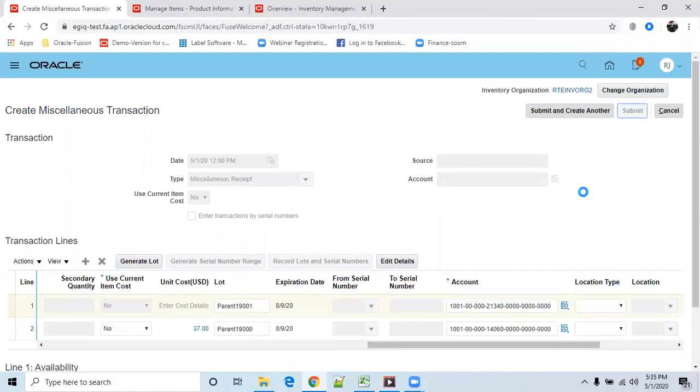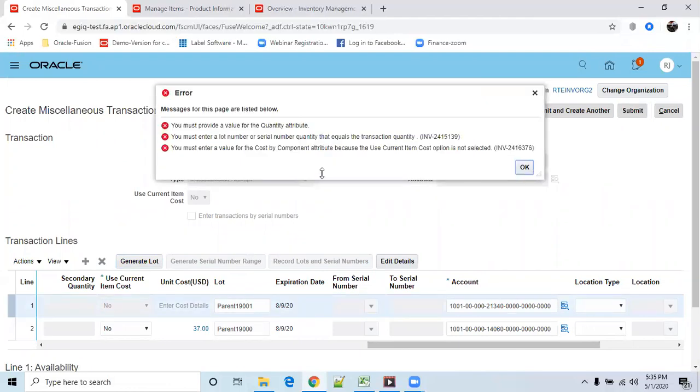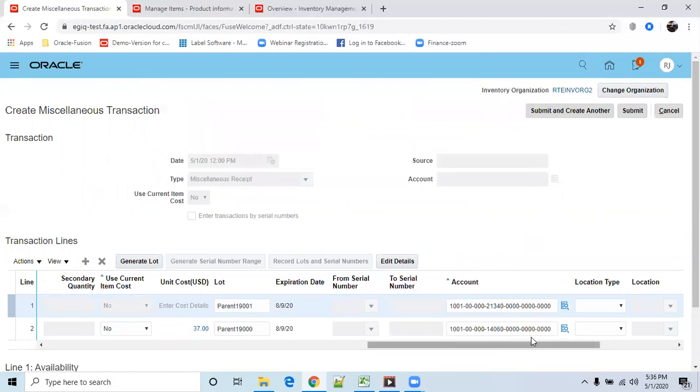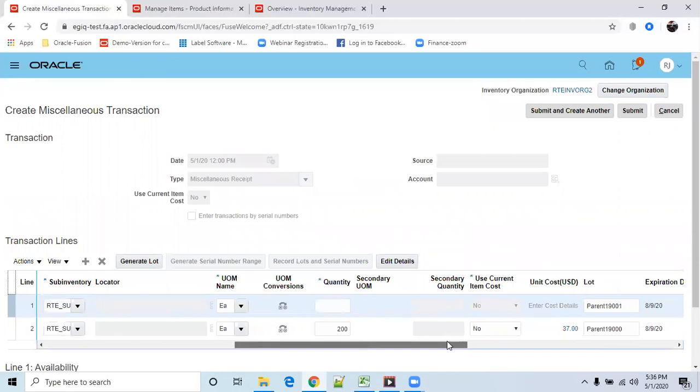Submit. This is the way you must provide a value for the quantity attribute: just enter a lot number or serial number that equals the transaction quantity. What do you mean by this? Here, I have not selected the quantity, sorry.